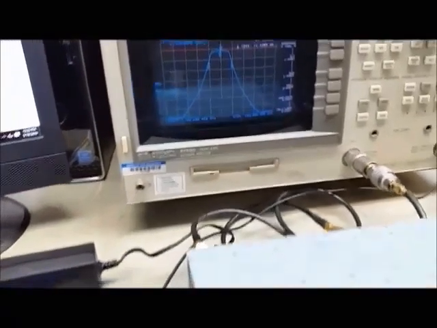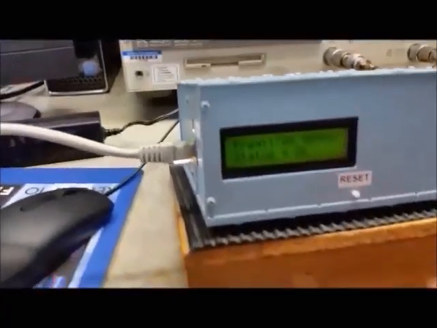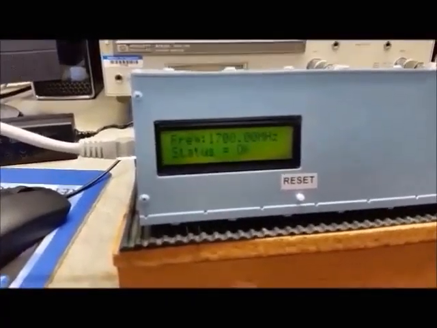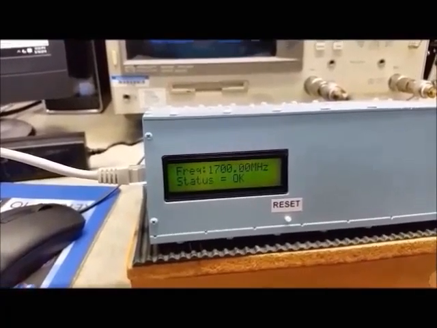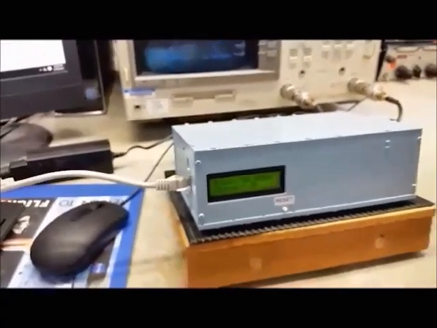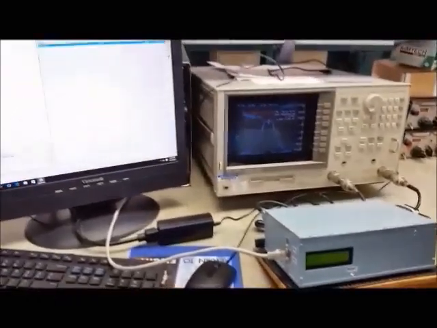And that's the end of the demonstration. As you can see, there's very good repeatability, very accurate frequency, and very good response time with this